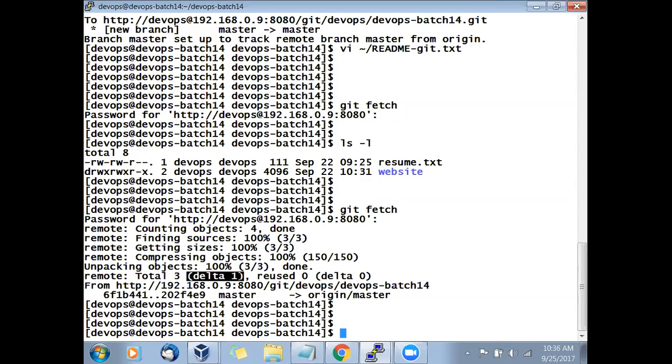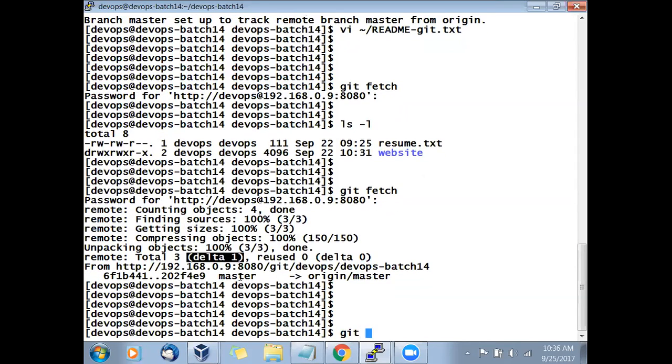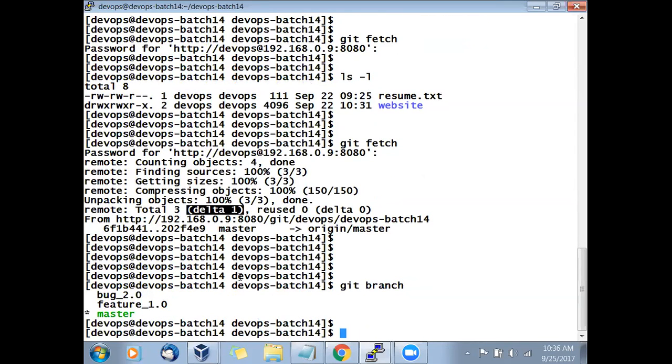We will merge it. So I'll say git. On which branch am I? Git branch. I'm on the correct branch. Yes, I'm on the master branch. I will say git merge, and then origin master. So from origin master, it will put that file into master. Ready, steady, go. 1, 2, and 3.